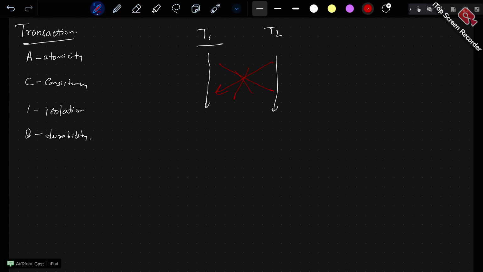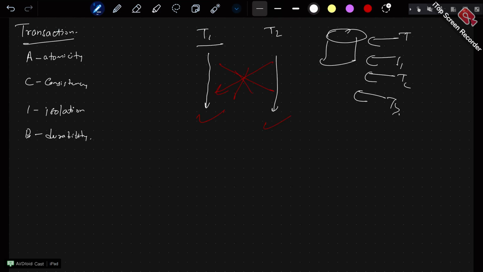Right. So that means, yeah, exactly. This and this are two independent ones. They cannot interfere with each other, right? So you can think, in case of a database, don't you think it's so complex to maintain isolation in a real world scenario? There is a database, for example, a bank database. There are millions of transactions happening in today's world, but they are not interfering with each and every one. Can you think that it's so hard to achieve this?